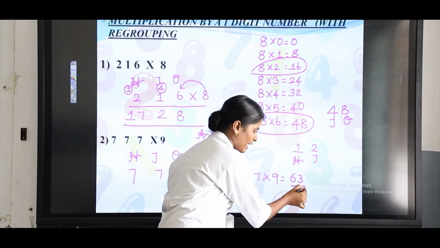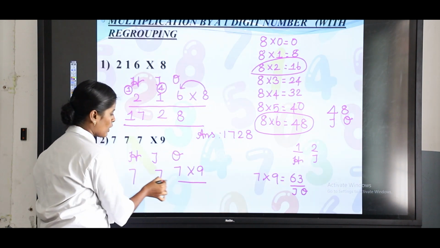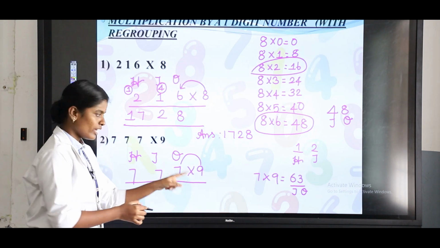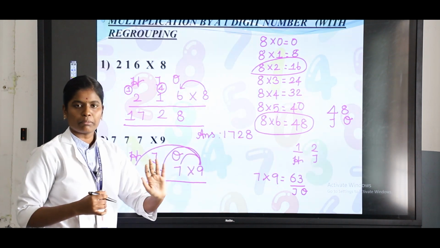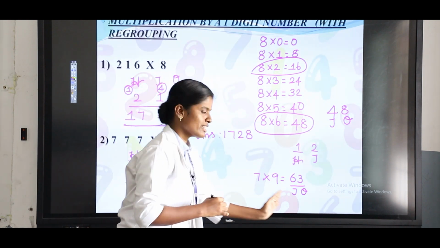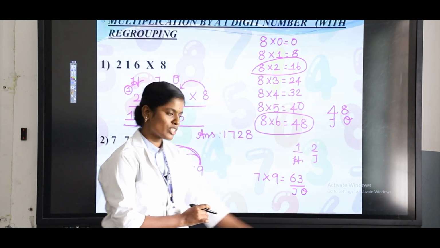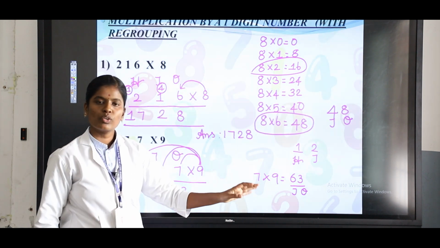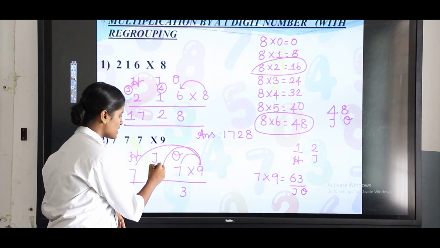This is ones and this is tens. Now you take 9 and multiply by the ones place, and then you will take 9 multiply by the tens place, and finally 9 multiply by the hundreds place. So 9 sevens are 63. In this, 3 you should write under the ones column, and 6 you are going to write as the carry in the tens column. So write 6 here.